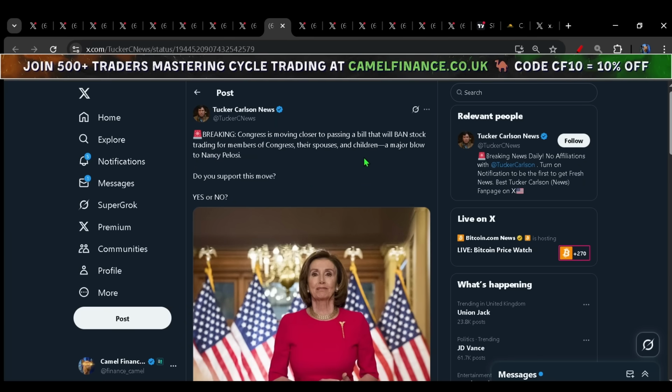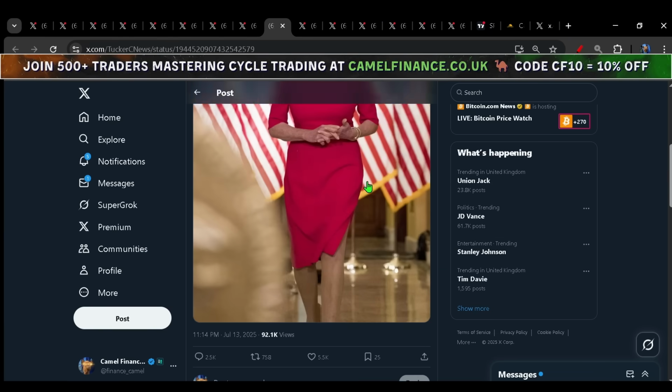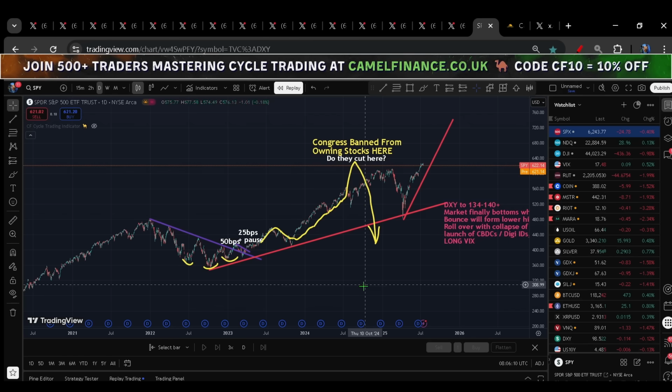And speaking of if you know, if you're one of the daily watchers, then another hat tip to you guys, because Congress is now moving closer to passing a bill that will ban stock trading for members of Congress, their spouses and their children. They are inching towards this now. And if you're unaware of the significance, it's simply been an expectation, not a prerequisite, not a mandatory requirement,